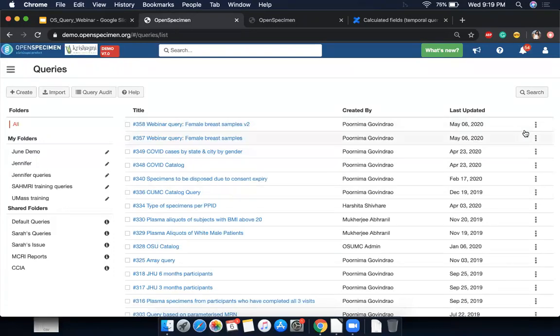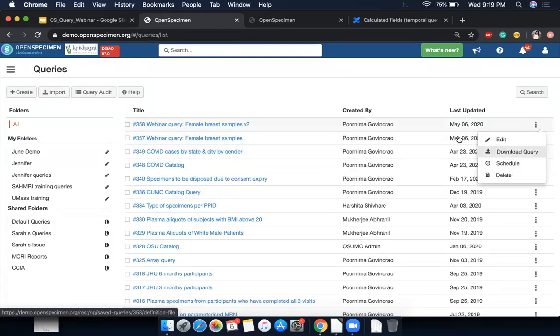You select the export option here, download the query, and it will download a file. You need not open or make changes to it. You just use that file, go to the other server and import it. That is how you can export and import a query.